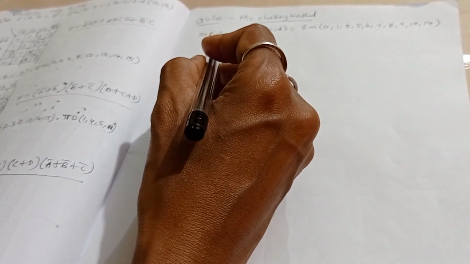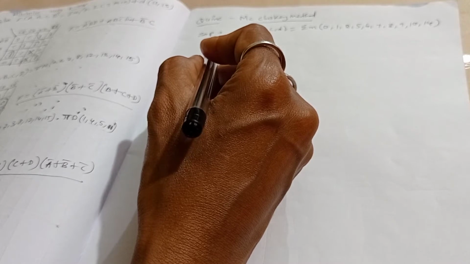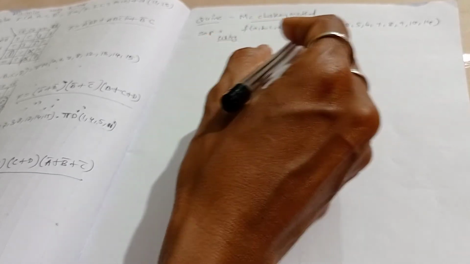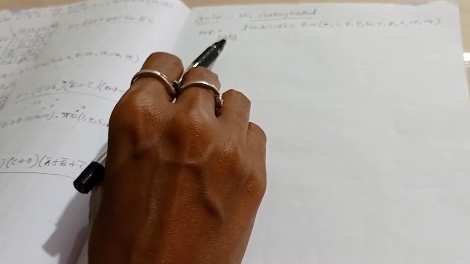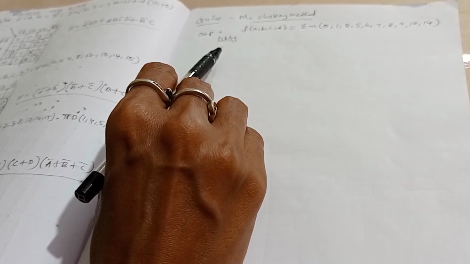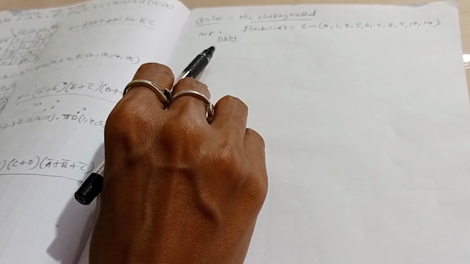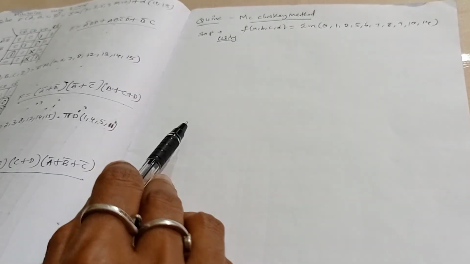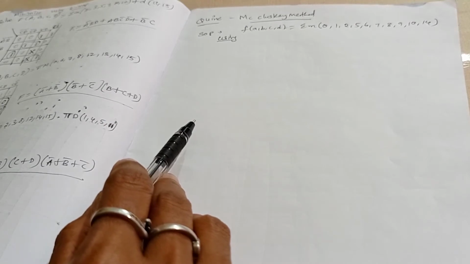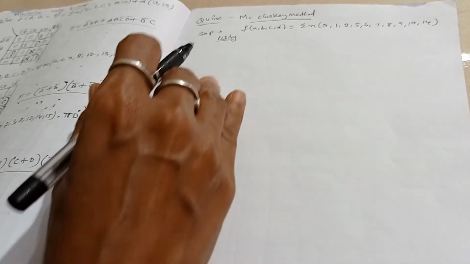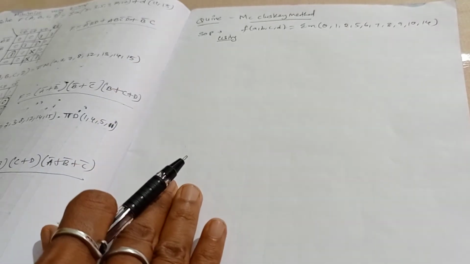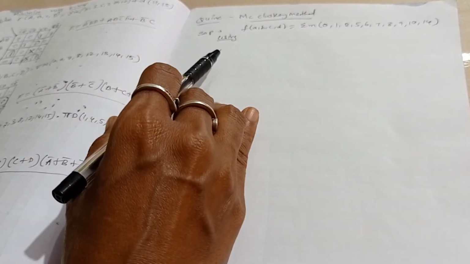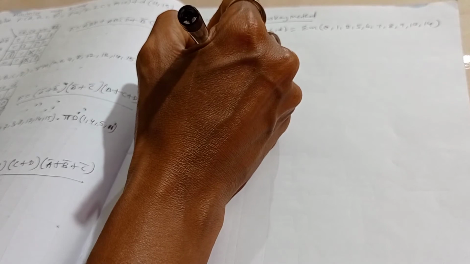In solving this procedure, we have two steps. The first step is to arrange the given minterms. That means we need to write the minterms for this given SOP. Before writing that, we'll see the procedure: the minterms should be written in ascending order, and we make groups based on the number of ones. So first itself I am making the groups with the number of ones and writing the minterms. That is stage 1.